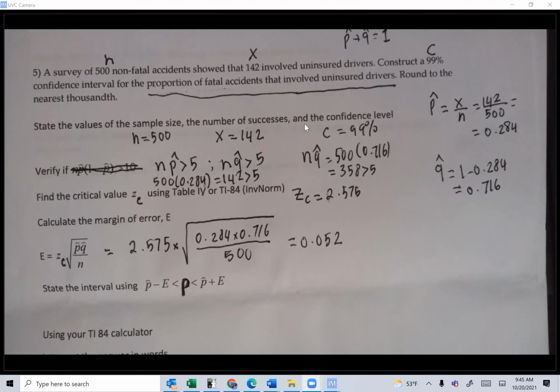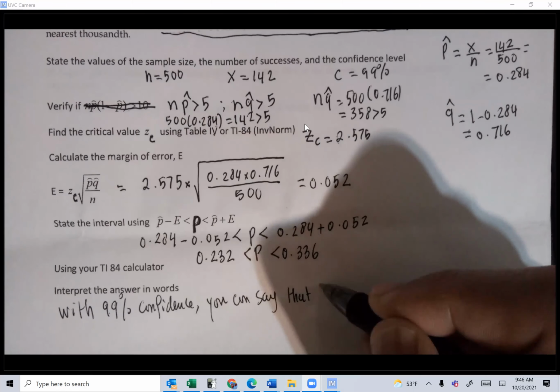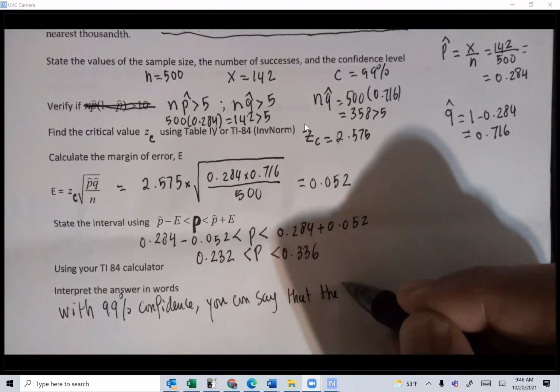We will use the calculator in a second. Let me show you the interpretation, guys. How do you interpret this? With 99% confidence, you have to tell a reader, guys, that you're not 100% confident. You have to say the level of confidence. With 99% confidence, we can say that the true proportion, not the true mean here, it's a proportion